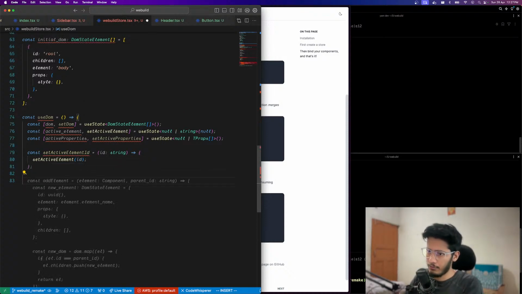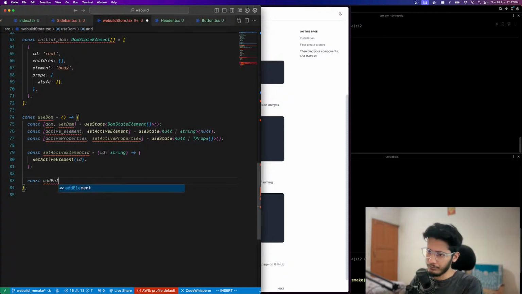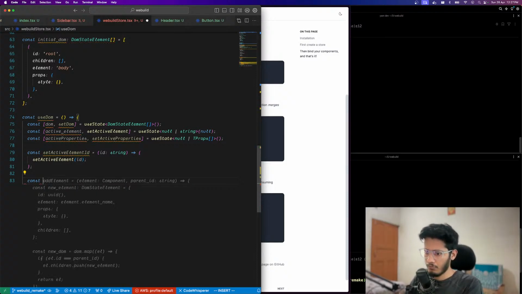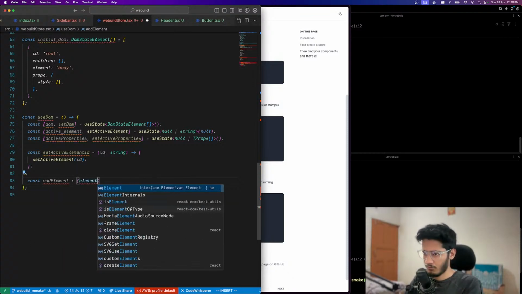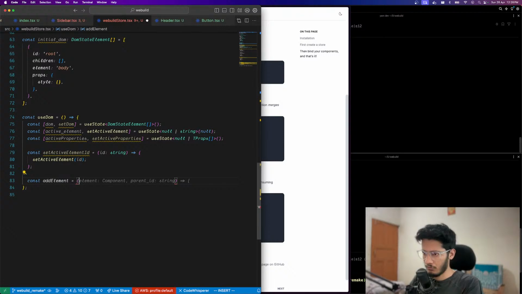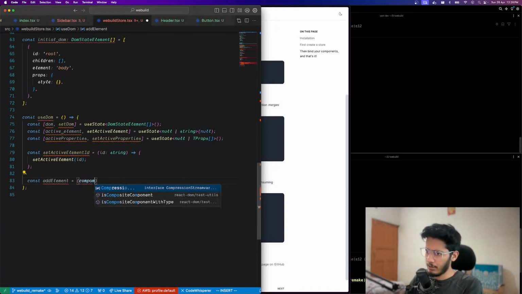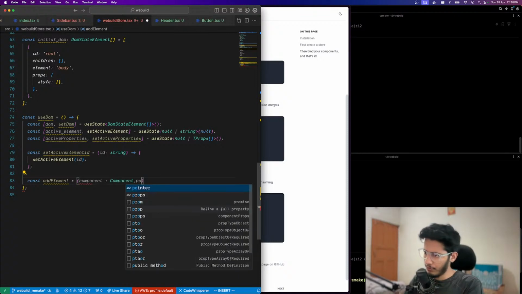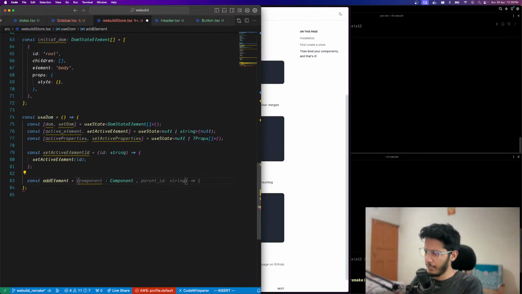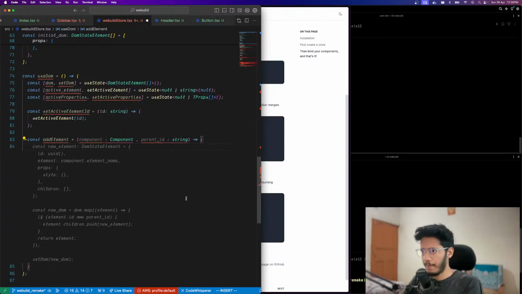We can have add element. What do we need in terms of element? I think we would need some kind of component, right? So we'll say component, which will be of type component, right? And then it will be like parent ID, right? Which parent do you want to add it to, and that's pretty much it. And now I guess we can do